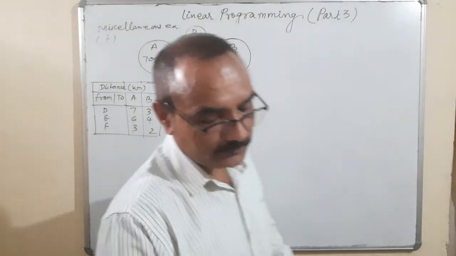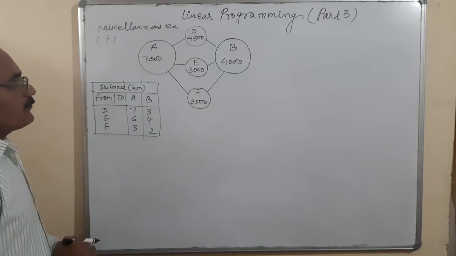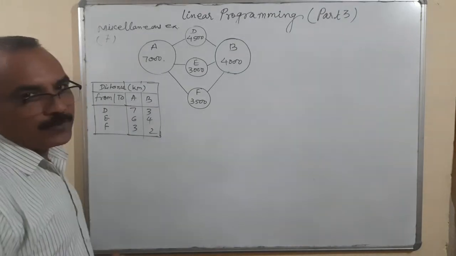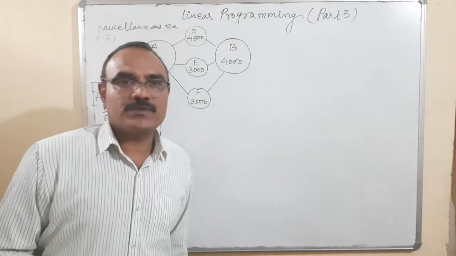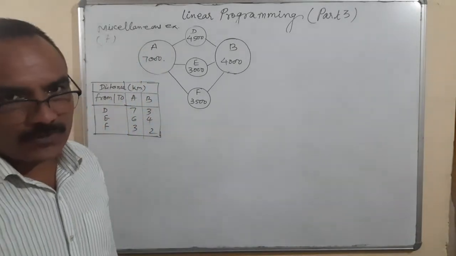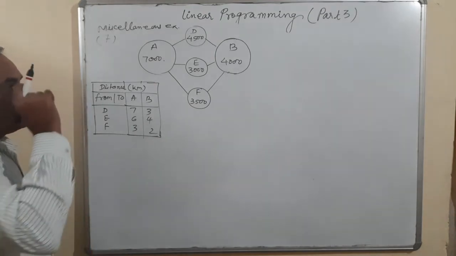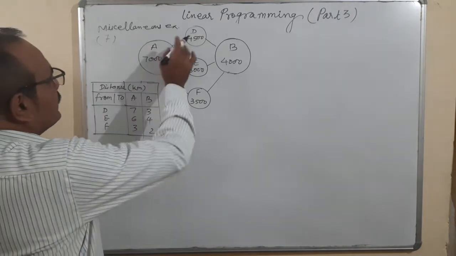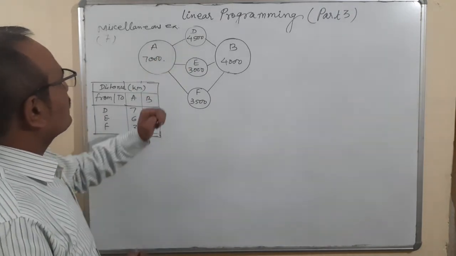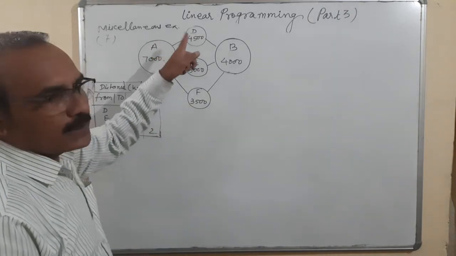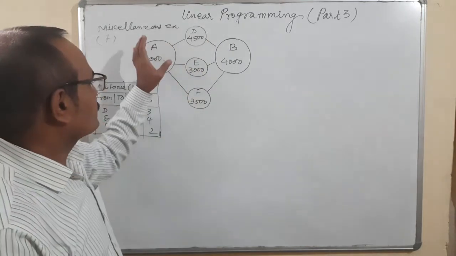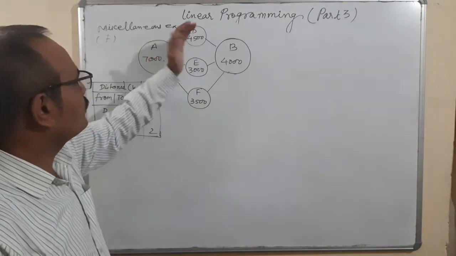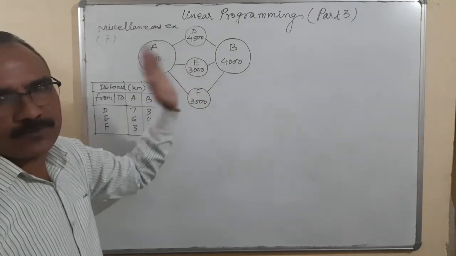Right. So first of all, how to start it, because the maximum or minimum profit equation is not here. Everything we can create from here. So these are the depots A and B, and there are 3 petrol pumps. Let us start from here. Let the supply from A to D be X liters, because from the depot the petrol is to be supplied to the petrol pumps. Then Y liters.